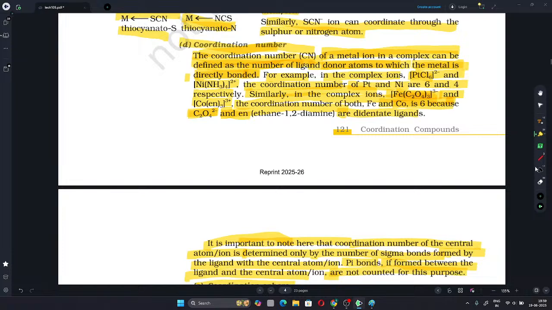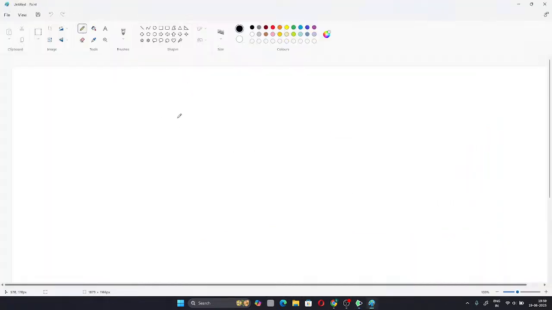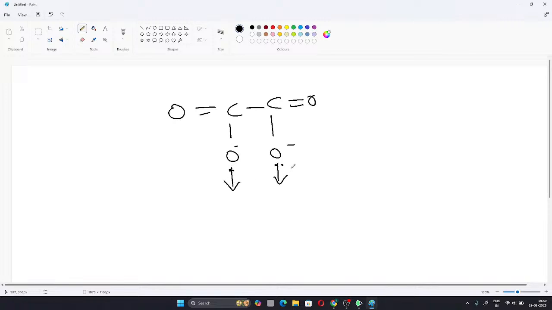Because in the case of the oxalato ion, where these oxygens are bonding, they form a single coordinate bond with the lone pair, and even if we consider that these form a double bond,